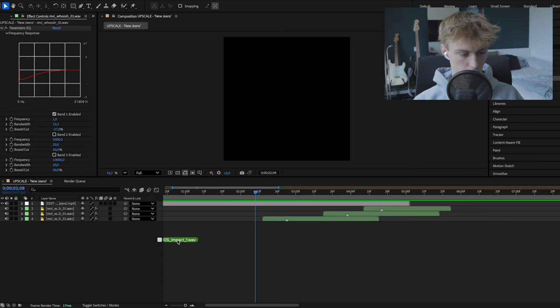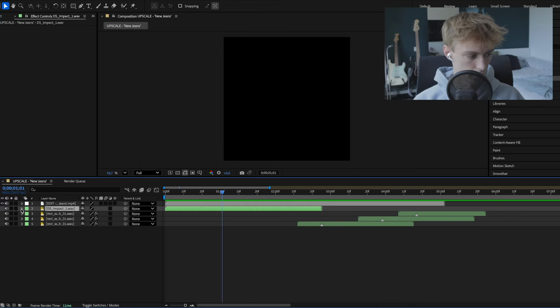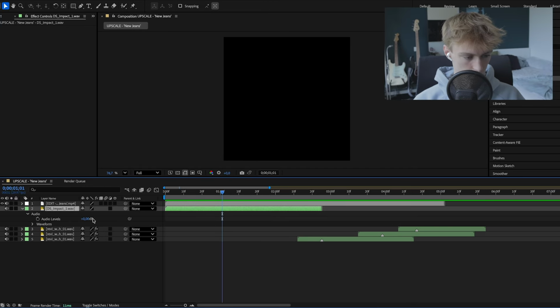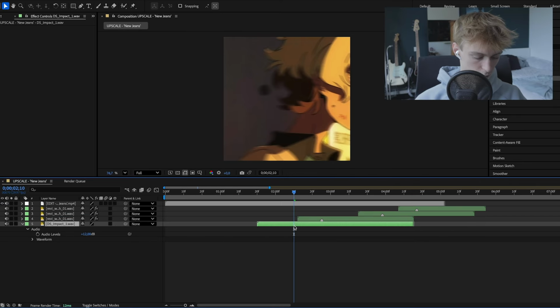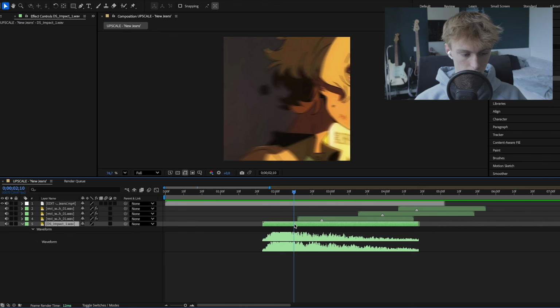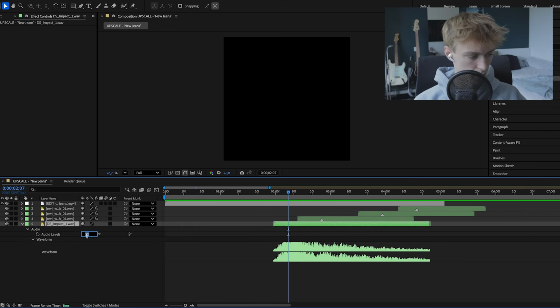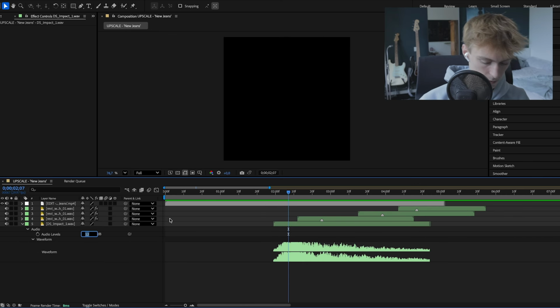Let's just drag it in our timeline. So the first thing you can do is just make it a little bit louder, so go to audio and then increase the audio levels. Now what you can do is just align it, so let's see where the beginning is, and then let's double click L again to kind of see where the loud part is. Okay, so that's here, and then we want to change the audio levels again, so maybe something like 6,